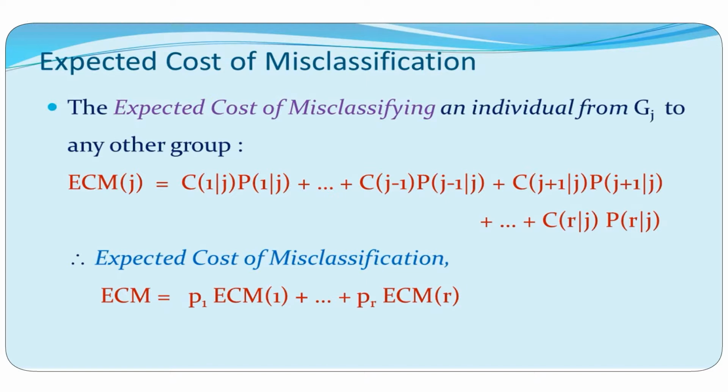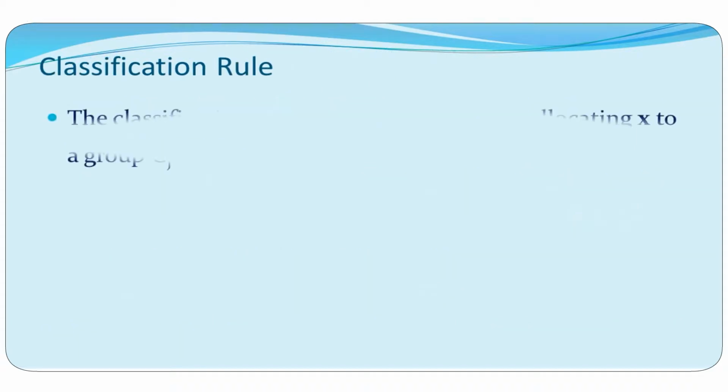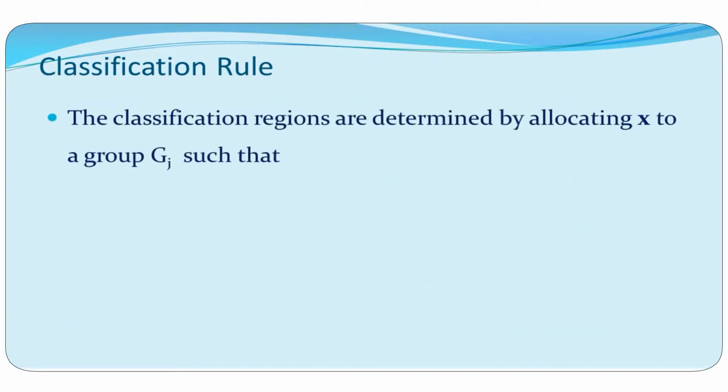So this sum actually gives us the expected cost of misclassification. Then the optimal rule is to choose the regions R_k such that the ECM is minimized. So we want the expected cost of misclassification to be as small as possible. Now for the classification rule, the region is determined by allocating x to a group G_j such that the sum of